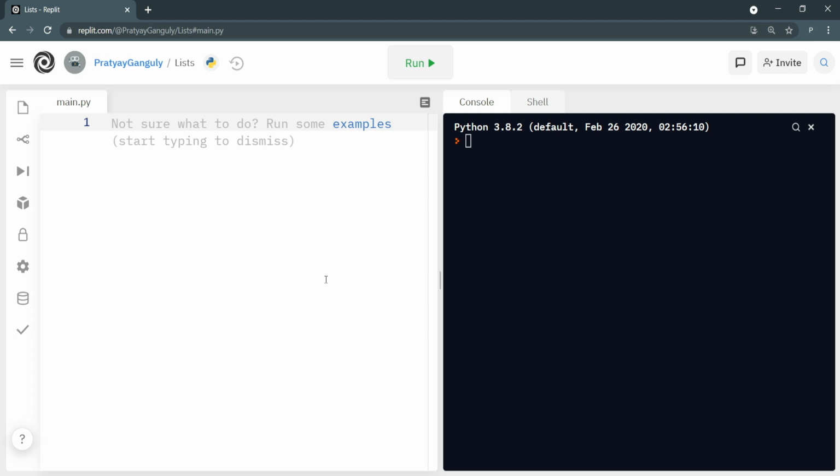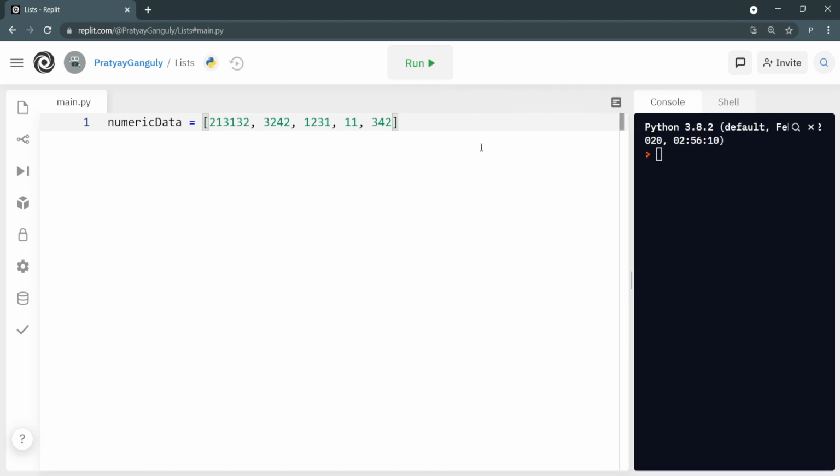Okay, so let's create a list. Suppose I'm creating a list called numeric data, a very generic name. I'll start with something random, something like that. Okay, let me fix the screen first. So here I have a list of numeric data, and I'll have another called string data, in which I'll mention